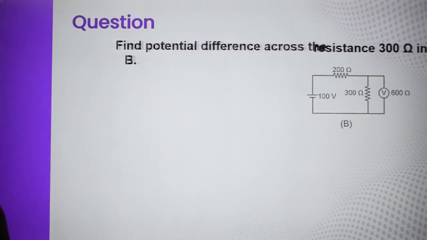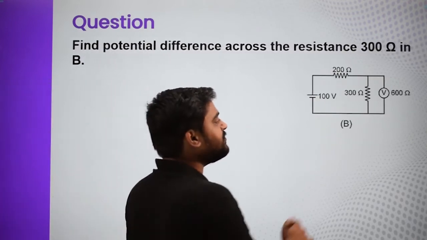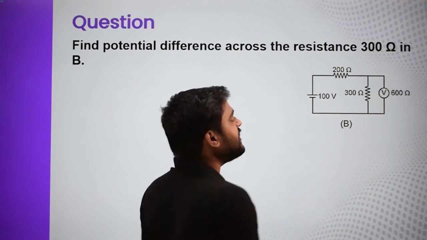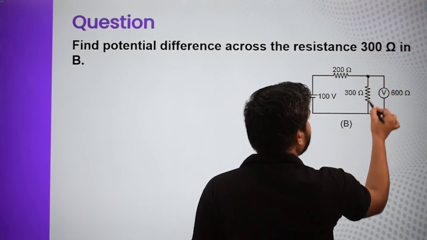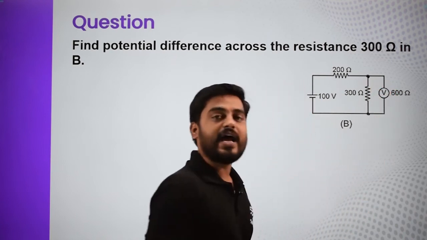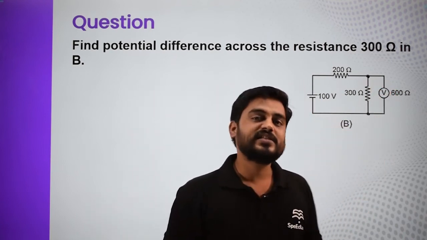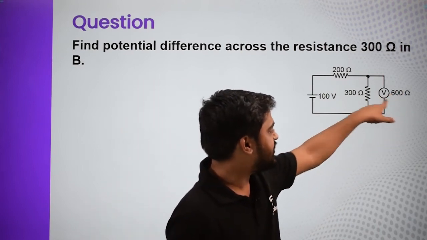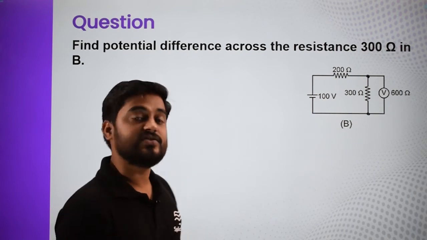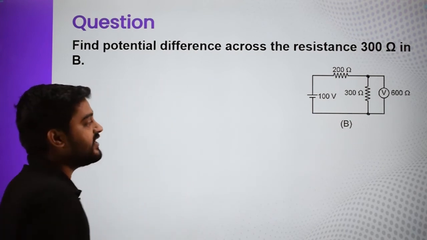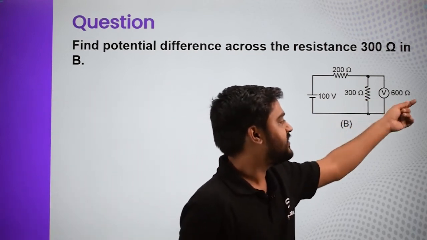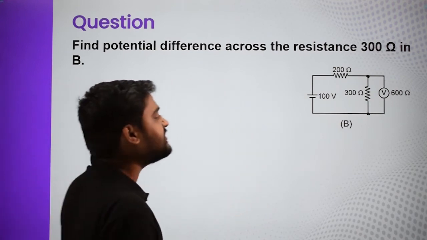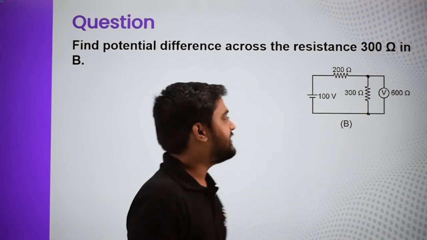Now what will happen if we are connecting a voltmeter in parallel? See here, voltmeter connection is proper. So I just want to measure the potential difference across this 300 ohm and I put a voltmeter, but the problem is this voltmeter is having 600 ohm resistance. So ideally it has to be very large when compared to 300, but 600 is not very large when compared to 300. So I cannot neglect it over here. So I have to calculate properly, and now they are saying again find the potential difference across this 300 ohm resistance.